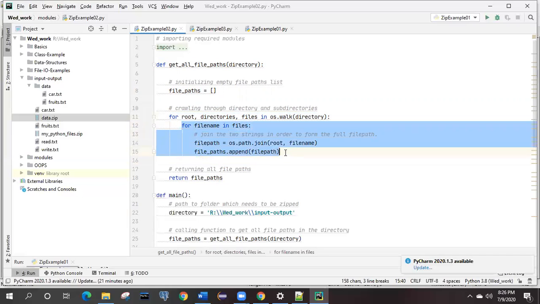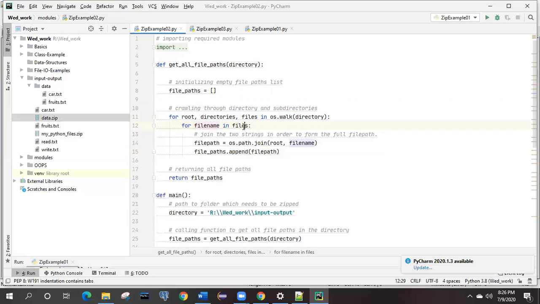This part is clear. We'll talk on that line number 11. Is this part clear or not? Yeah, that is good. For file name, any file name in the particular files. What is this files? This files is nothing but an object over here, and it is one for loop.